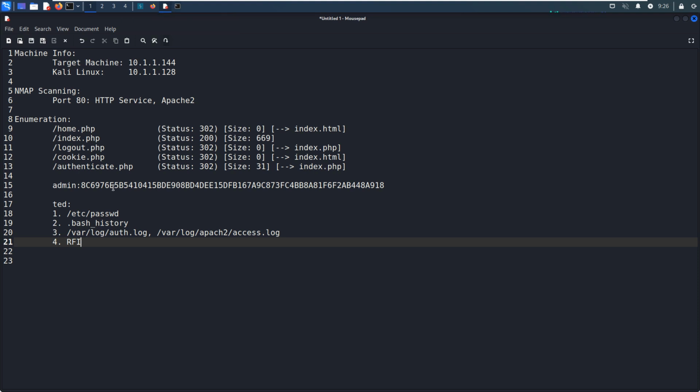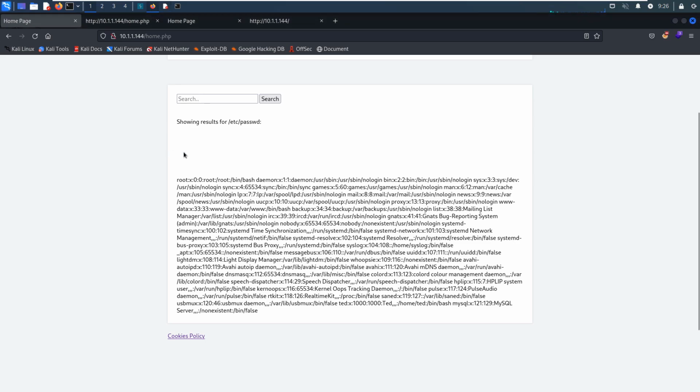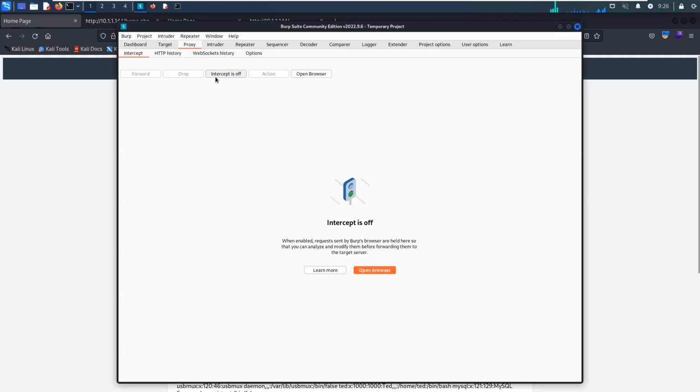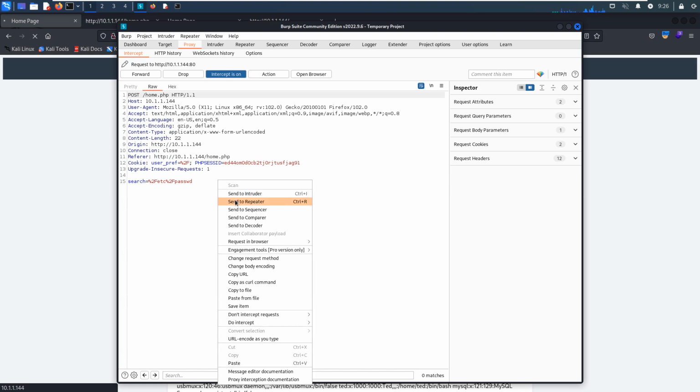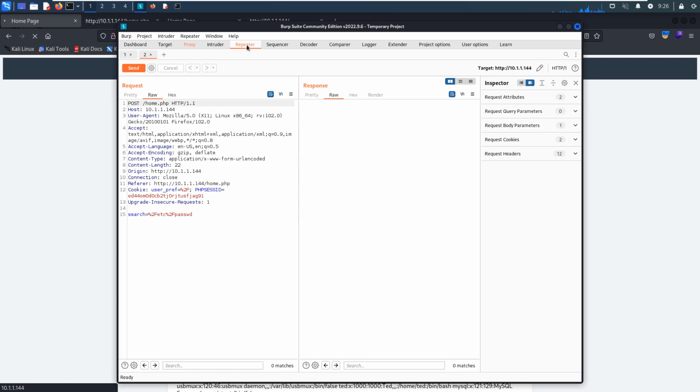Just now we have already retrieved the password file. Next, we can use Burp Suite to do this job. The repeater module I've already demonstrated earlier. It's very useful. In this case, we can turn on the proxy again, and we can search. Oh, sorry, I forgot to set the interceptor option to be on, and then we can do it again. And then we can send this request to the repeater module. Okay. Now we can try to access different files.